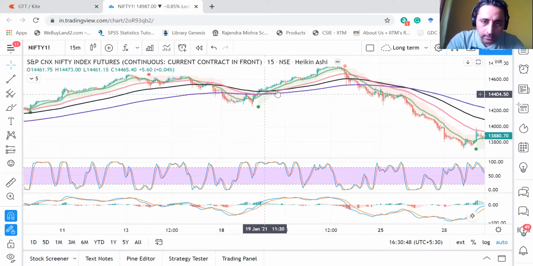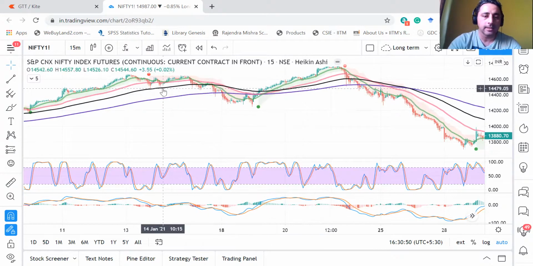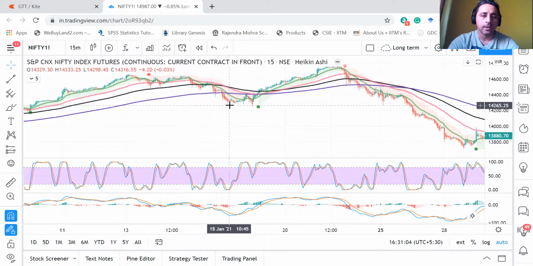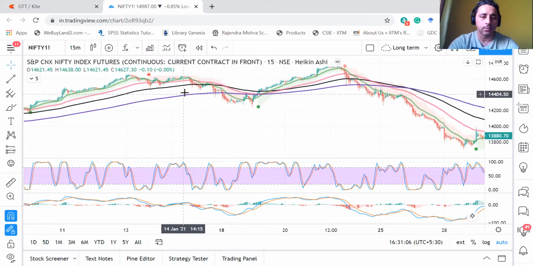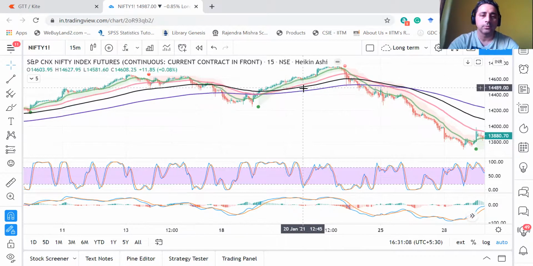Since my price started moving up, I see that around 13 January, at 2 in the afternoon, a low was made and it behaved as a support. Support means the price came here and went back up. Of course, it didn't hold for long, but nevertheless, I can choose this new level.